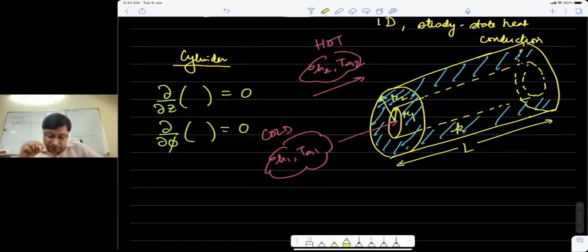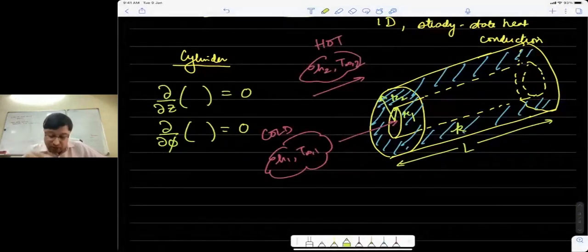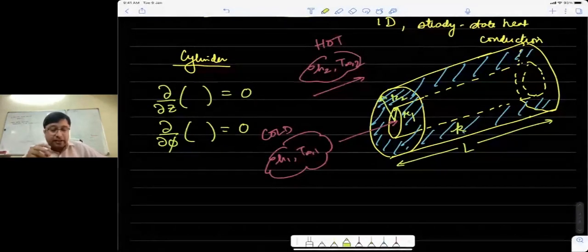Now, although your book does it in a different way, with colder outside and hotter inside, I have deliberately turned it around because I want to explain some things about sign convention by taking this example. So don't get confused when you see this. If you're reading a book and you see that the answer looks a little off, but it's not off, it's actually the same thing, except the convention has to be very carefully looked into.